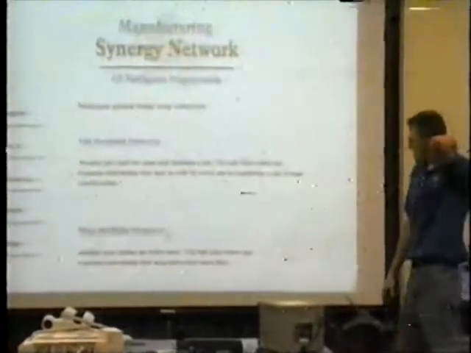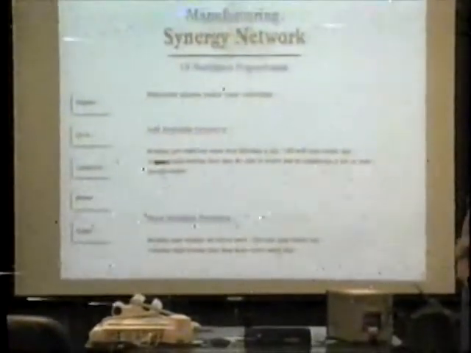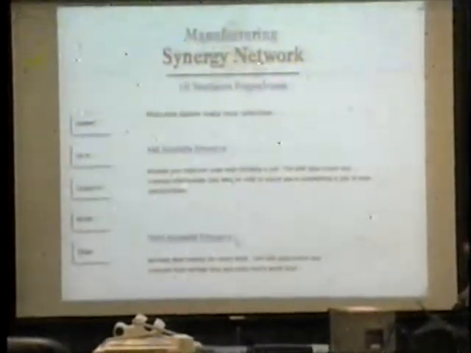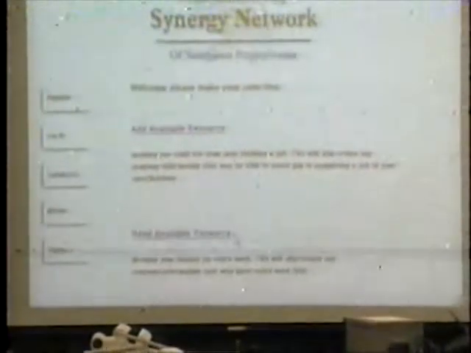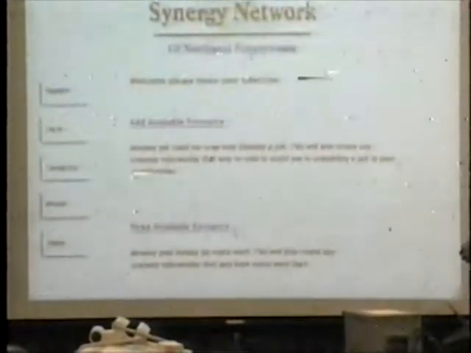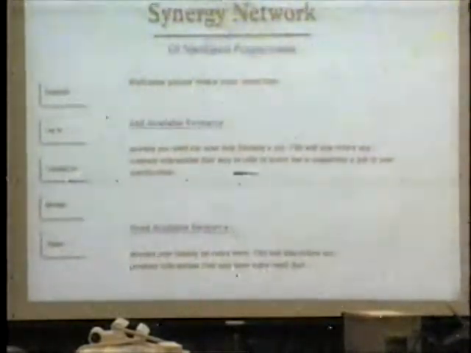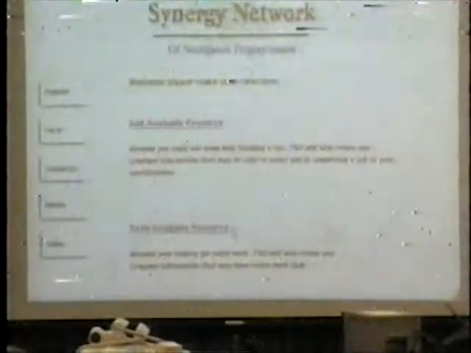After a user logs in, they come to this main page where they have their selection, and they can either add an available resource or add a needed available resource. They're kind of confusing at the moment, trying to figure out better ways to say what either of them mean. But if a customer or a user came in and decided to select need available resource, they would come to